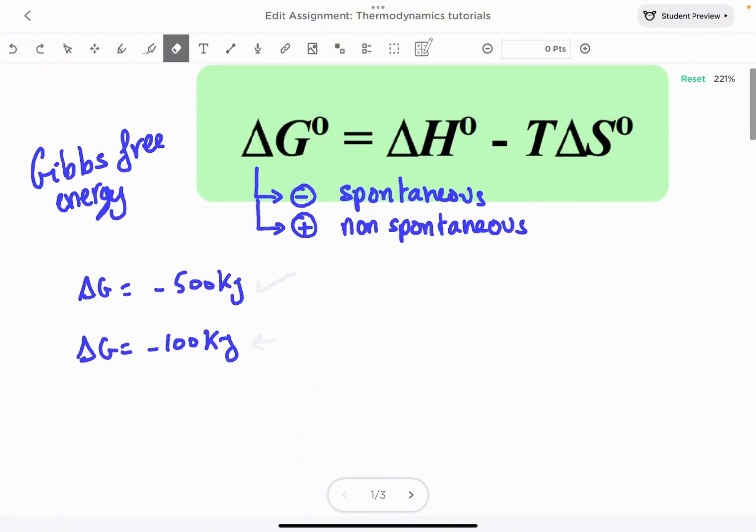Now, again, if I tell you I have a delta G of positive 500 kilojoules, it means we need at least 500 kilojoules of energy for this system to start happening and taking place. So it is non-spontaneous. Just like if you look at the battery of your mobile, if the battery is full,